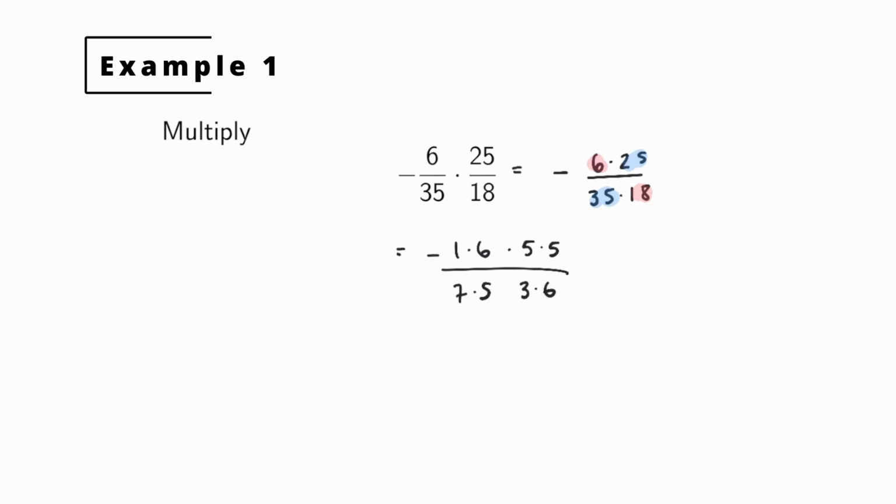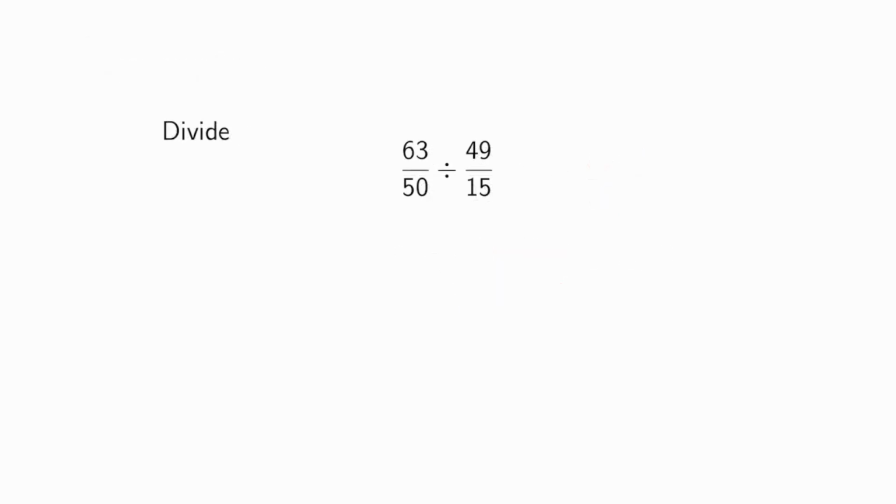And now I can just cancel out common factors. So here I have a common factor of 6 in the numerator and denominator, and I have a common factor of 5 and 5 in the numerator and denominator. So what I'm left with is negative 1 times 5 is 5 over 7 times 3 is 21. And we're done. Example 2, here we wish to divide 63 over 50